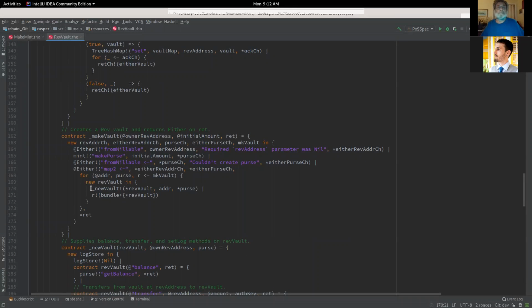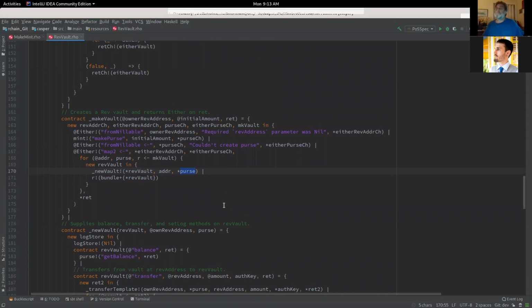Yeah, but basically, your vault contains a couple things. So, like when people say vault, really, they're just talking about some sort of unforgeable name that corresponds to a particular contract. And that's one of these, RevVault guys from this contract. But basically, it has an address associated with it, and it also has this purse associated with it.